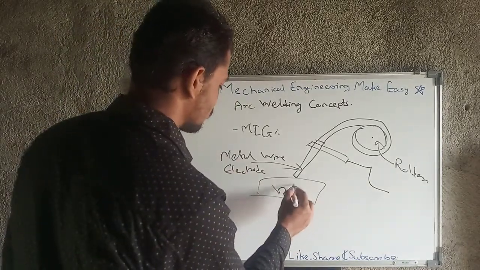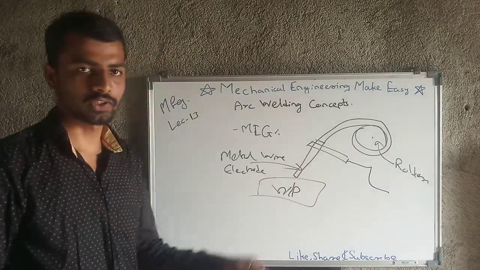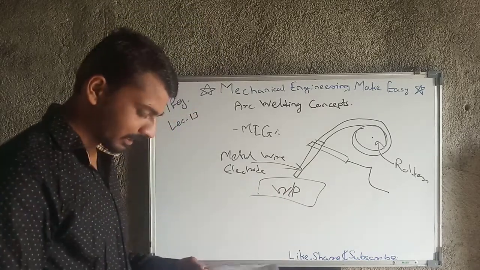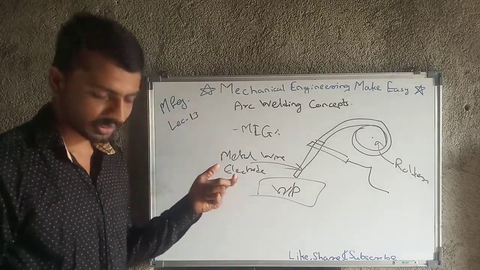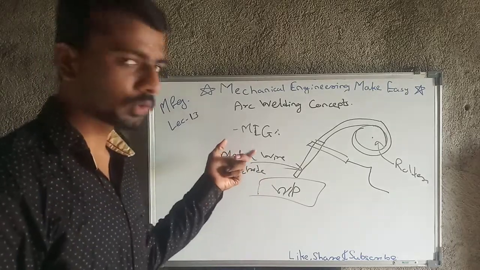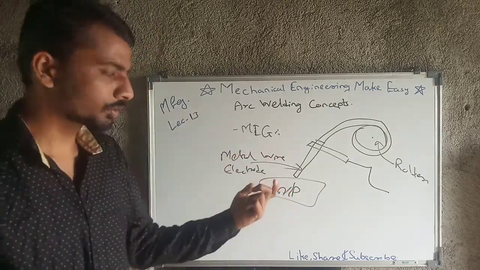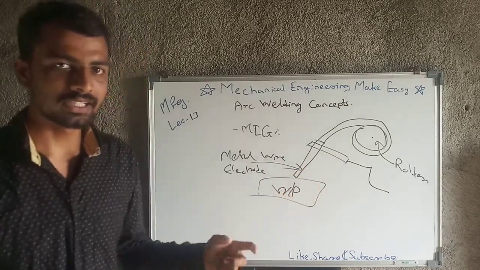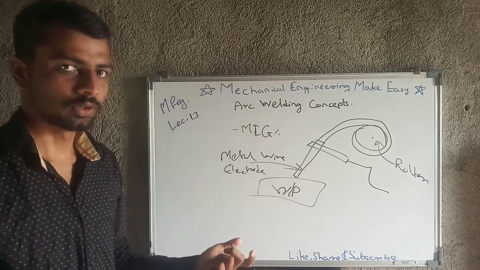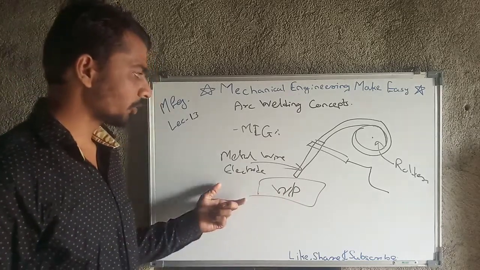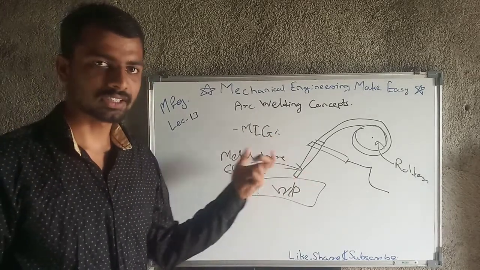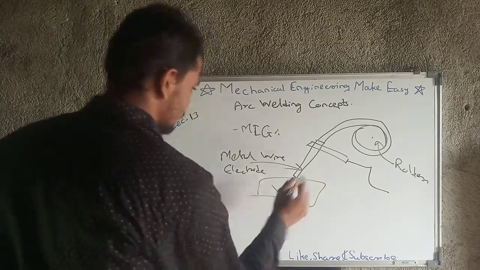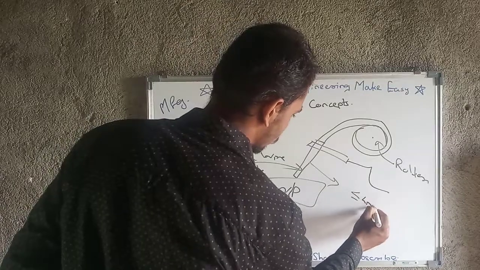And this is the workpiece. The arc is visible in this case also, as we are not using any shielding gas or flux, etc. Then as compared to tungsten inert gas welding, the cost is less. Why? Because in that case we were using tungsten, and as you know, tungsten is a very costly material, so the cost of welding increases. That's why metal inert gas welding is cost effective as compared to tungsten inert gas welding. Then the electrode diameter will be less than or equal to 4 mm.